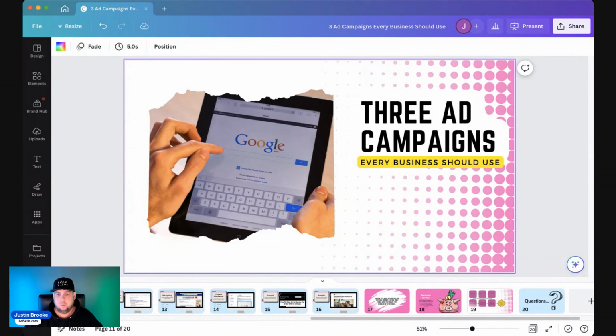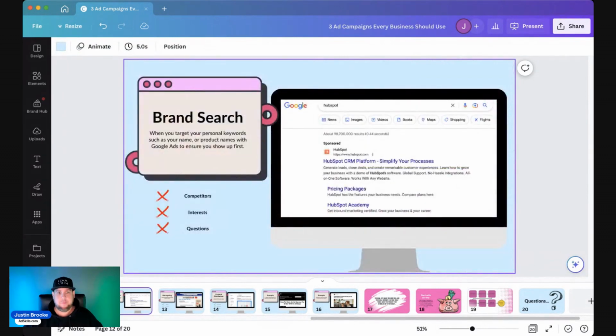All right, so first step is you want to make sure that you have some brand search ads, right? And the great thing about brand search ads is if you're a small company, probably nobody's searching for your brand yet, so it's not going to spend much money at all. If you're a big company and you're not using brand search yet, there's probably a lot of money you're leaving on the table. And just by turning this on, you're going to start acquiring more customers at probably the best